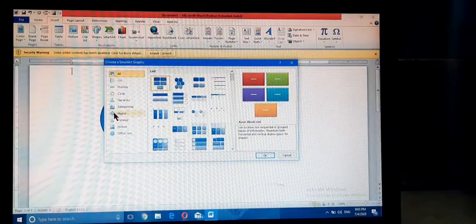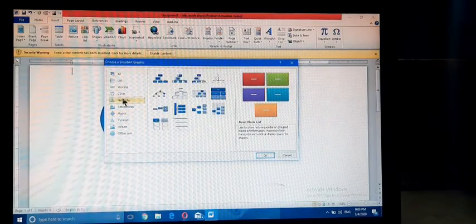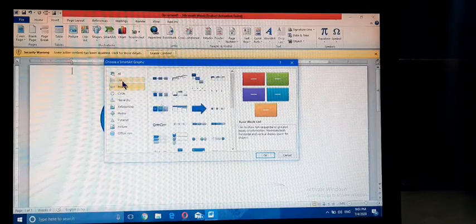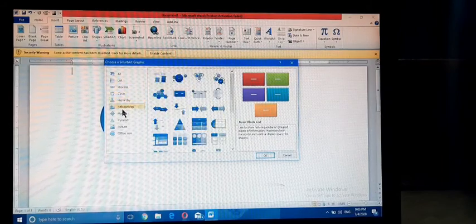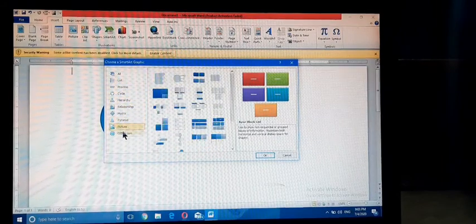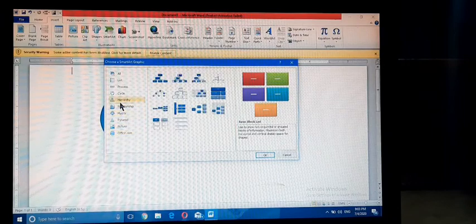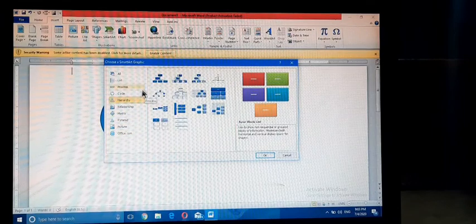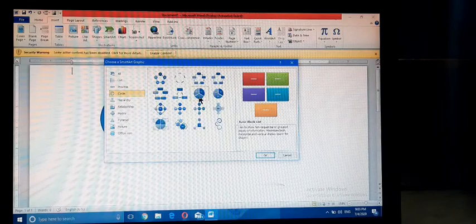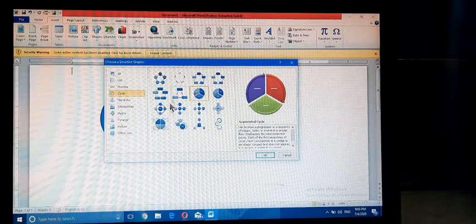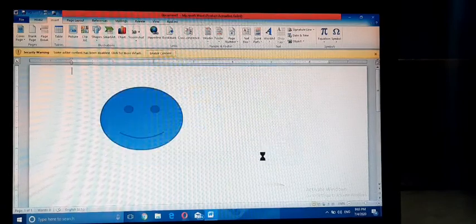Okay, these are the smart art. Select the category. Then select the smart art, and click on OK button.